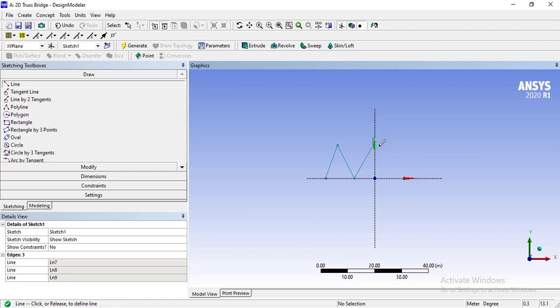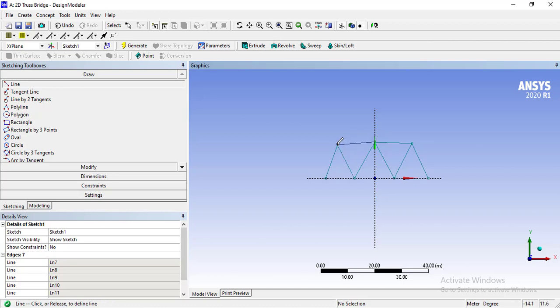Then repeat this process again from here to here, and then again draw a line and terminate it on the x-axis. After creating these lines, create the top horizontal lines like these. We are only modeling now a freehand sketch.